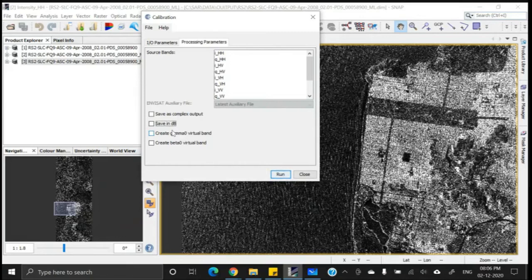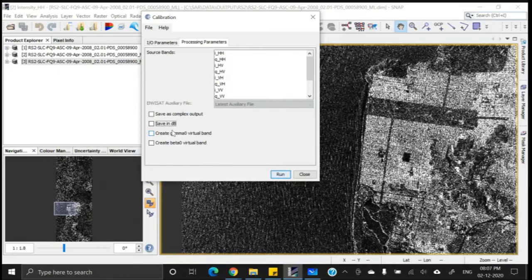For example, the foreshortened areas will appear very bright in a beta naught image, but in a sigma naught image, foreshortened areas will not be that bright in comparison. A beta naught image is also useful to compare images of different SAR sensors at different times and provides rough information about the surface scattering mechanism and surface properties.